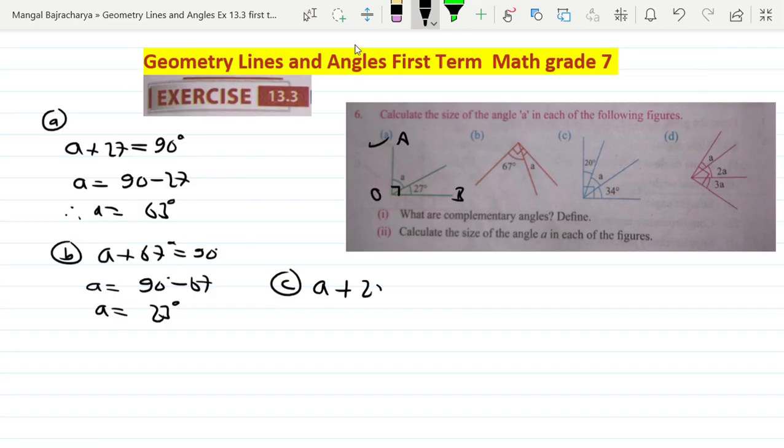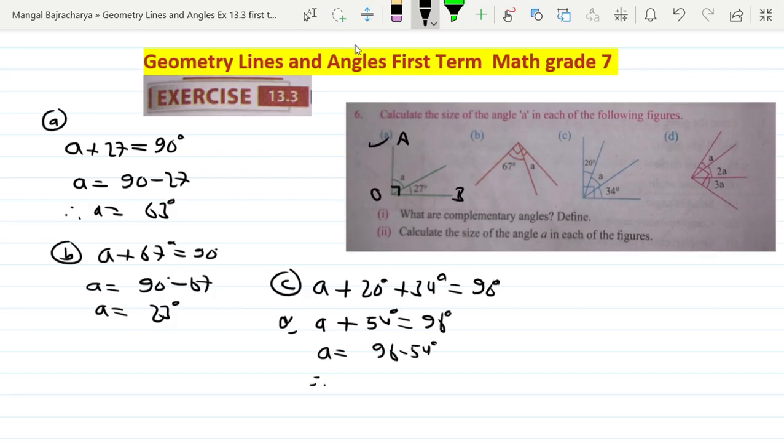You can say A plus 20 degrees plus 34 degrees equal to 90 degrees. 20 and 34 we can add, so you get A plus 54 degrees equal to 90 degrees. So A equals 90 minus 54, and through this we get A equal to 36... A equal to 42 degrees